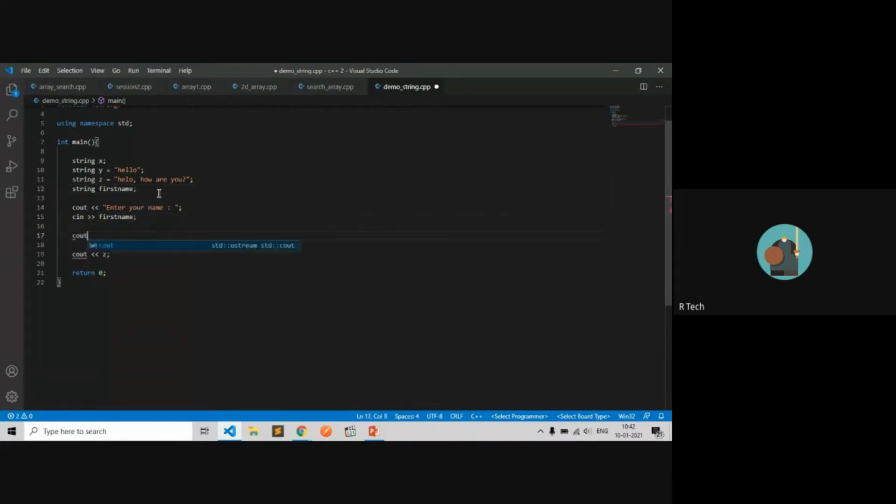Print hello, cout, and then how are you?